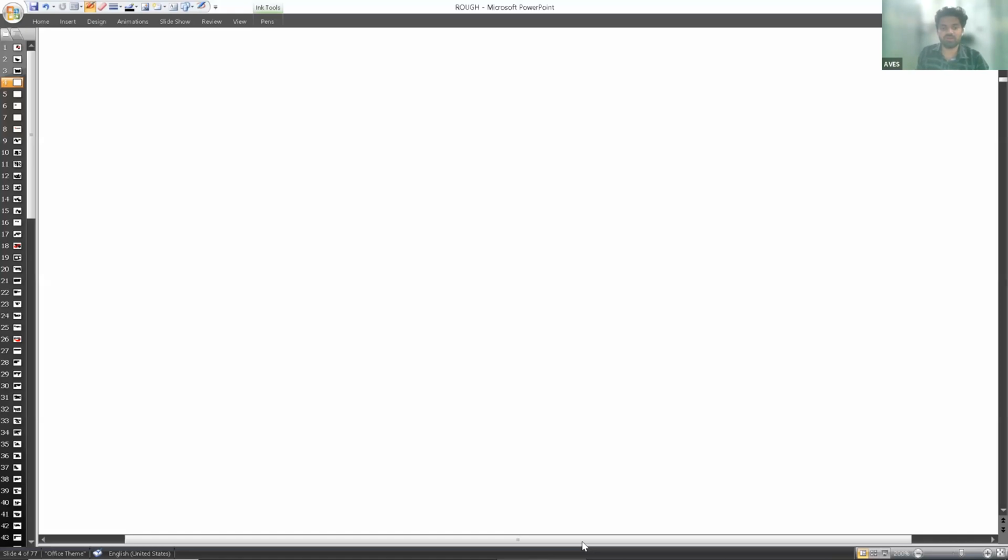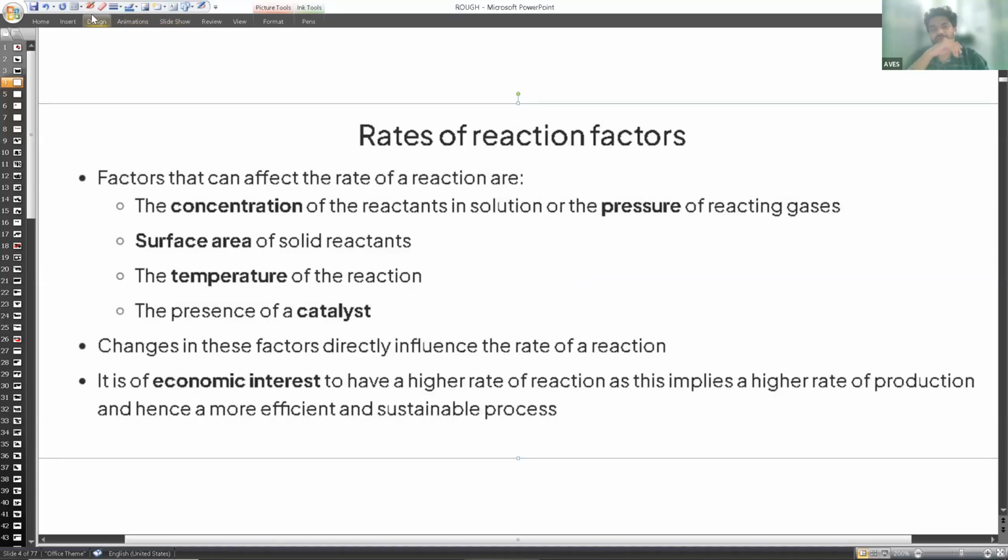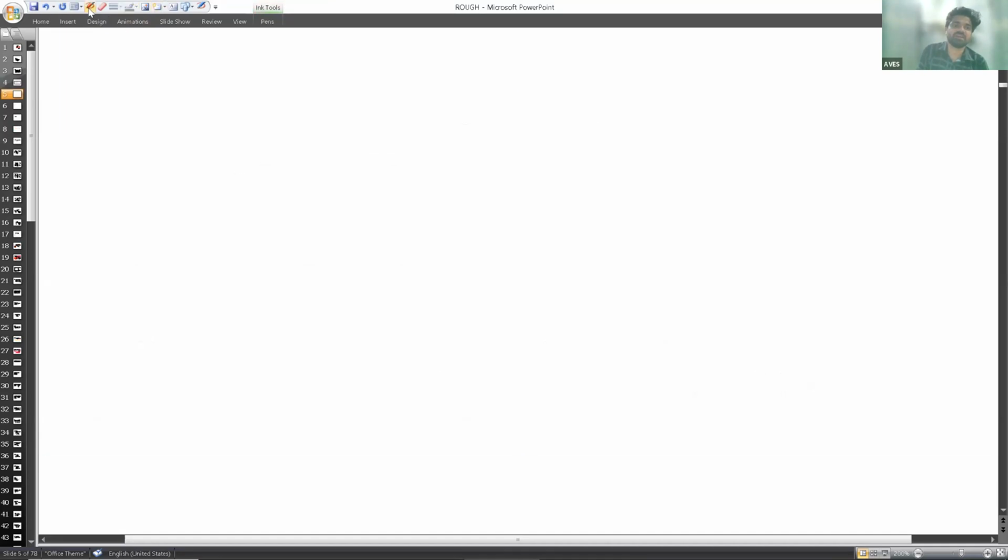Okay, so the rate of reaction depends on so many factors. When a reaction is going to take place, it depends on several factors. For example, in the previous classes we have studied that there are some factors that affect the rate of reaction, meaning the reaction can be slow or fast depending on the type. For example, like I told you that